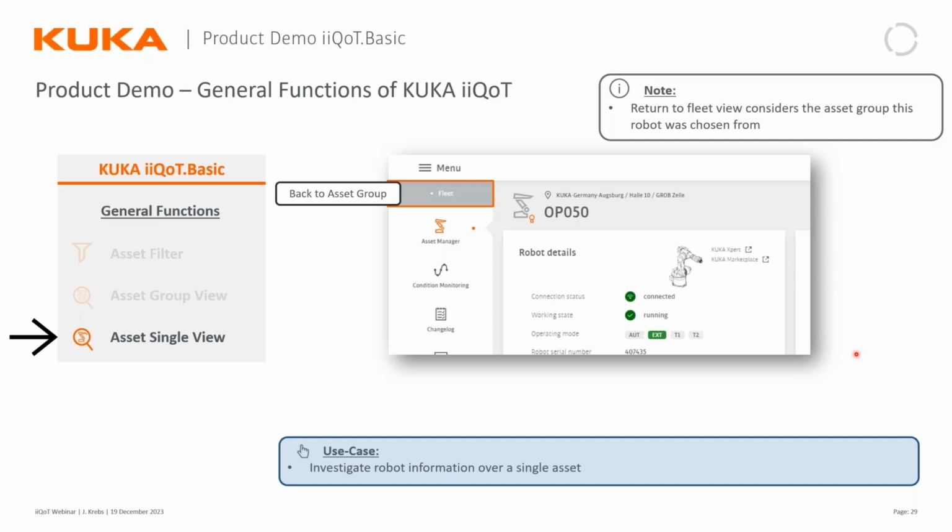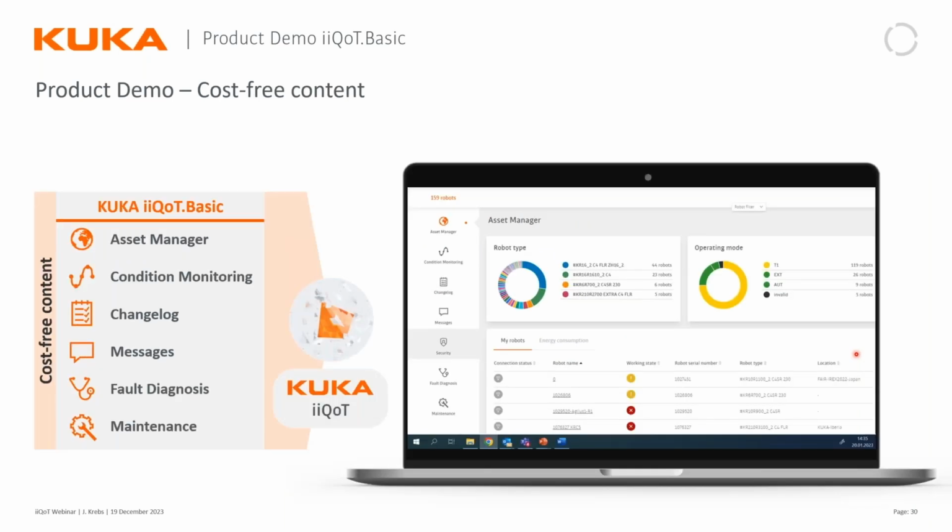So it is important. You will see later in a lot of modules, there are different ways to look at information. So it is important to check, do I have the asset group view or do I have an asset single view of certain information? All right, that out of the way, I want to show you now the iiQoT basic